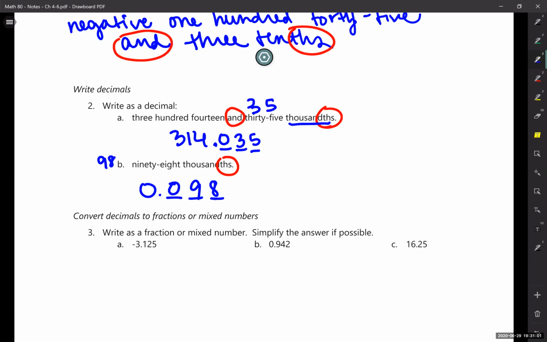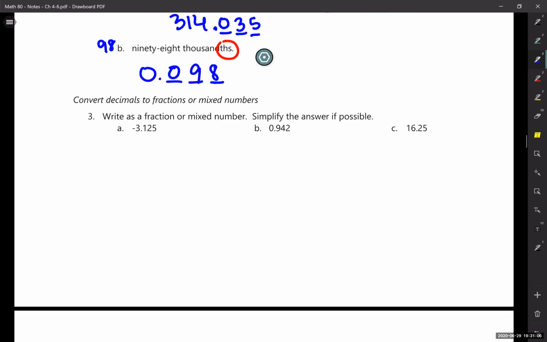Okay, next topic is to convert decimals to fractions or mixed numbers. So if a decimal is like the last decimal we did, where there was a 0 in front, then that's going to be a fraction, just one number on top, one number on bottom. However, if there's the and, if there's the number in front of the decimal, then that is going to be a mixed number. So I'm going to start writing this out exactly how I would read it,